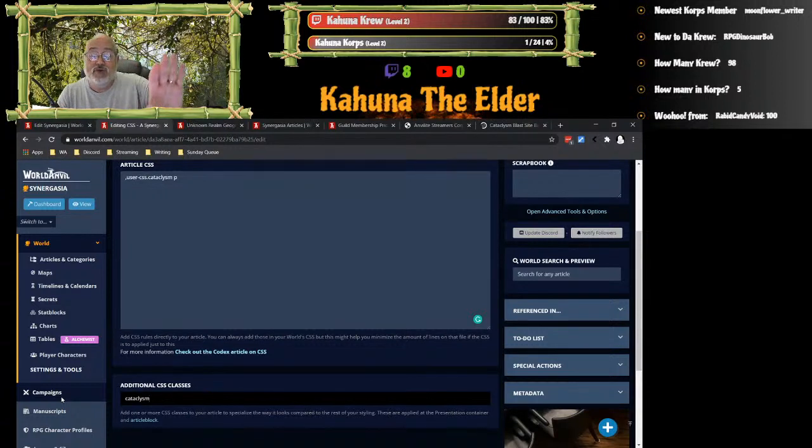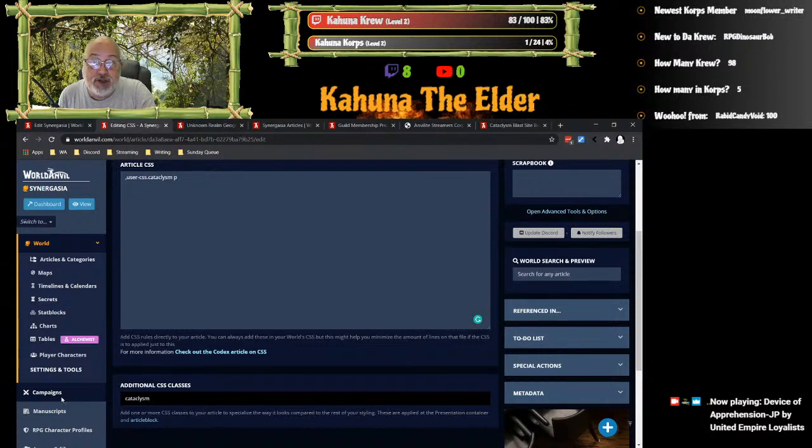And then I can move the stuff in the big box over into my global CSS for my world. And now any page that has this Cataclysm class down there will automatically pick up all that styling. That's how we do it with Synergasia: you put in your region and then bang, all your code comes up for your pages.